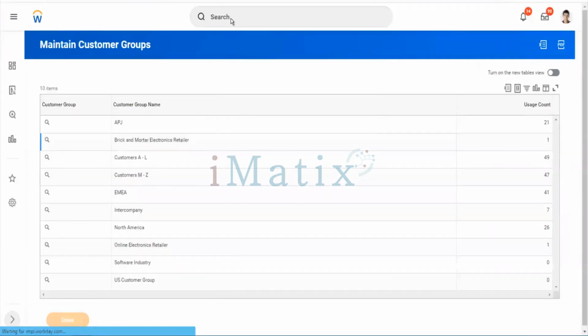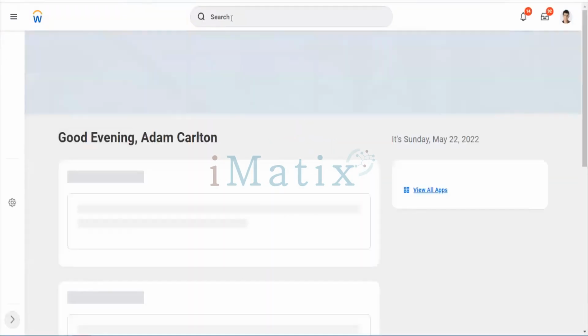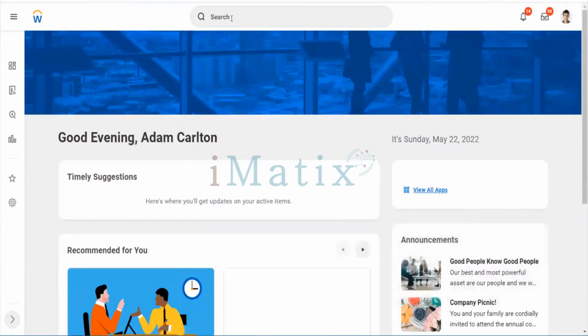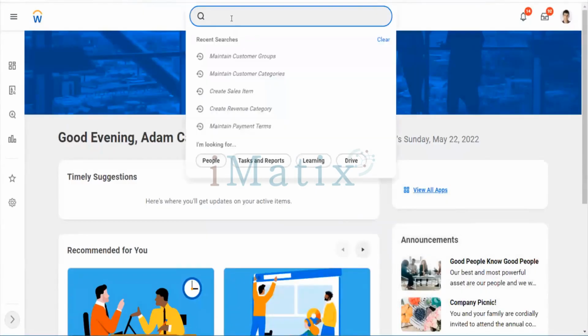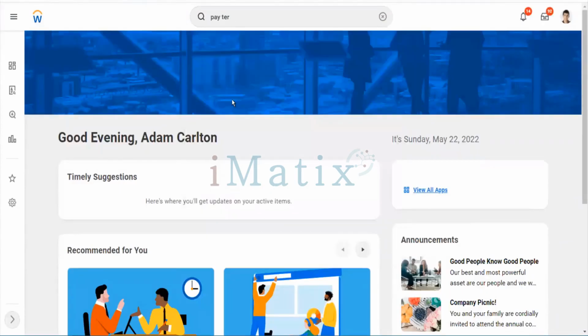And after that, payment terms, I'll show you that. The reference ID stuff also. We'll say maintain payment terms. It's a task.